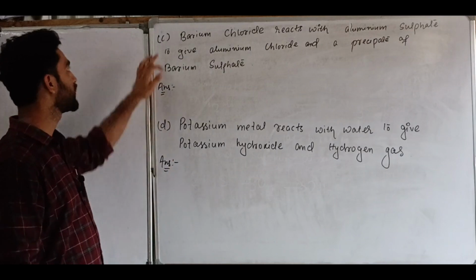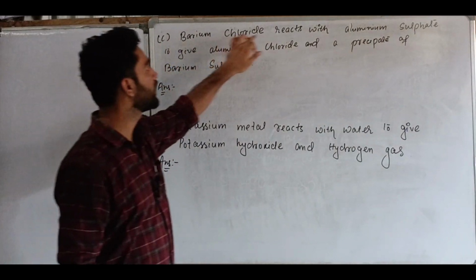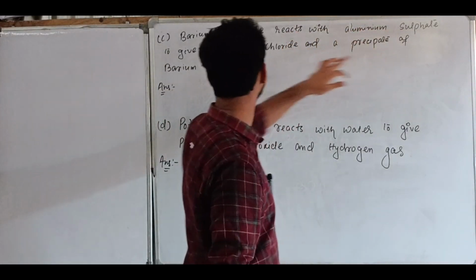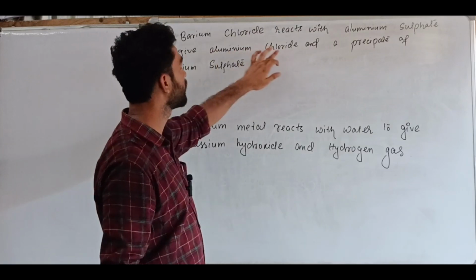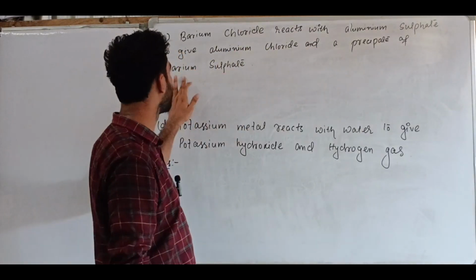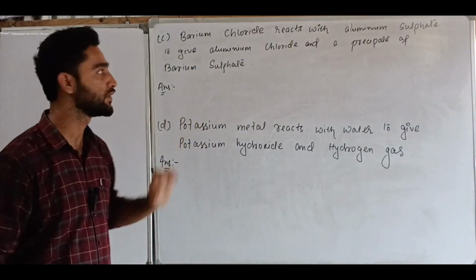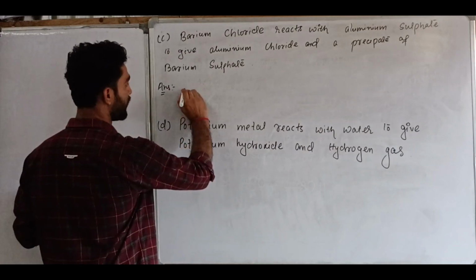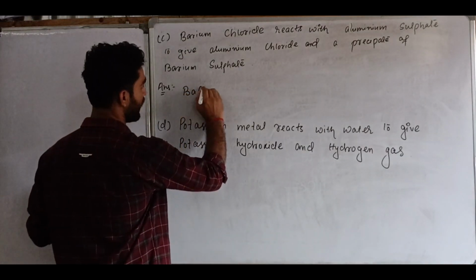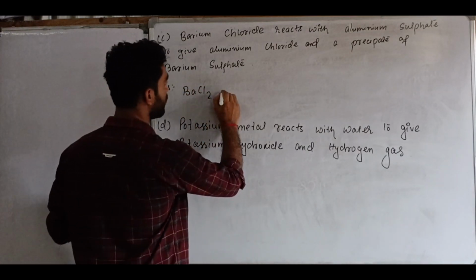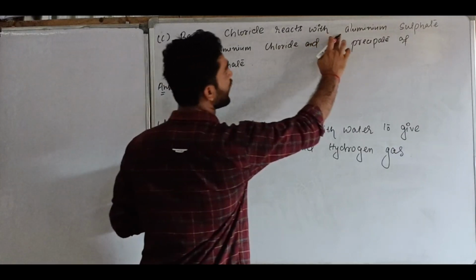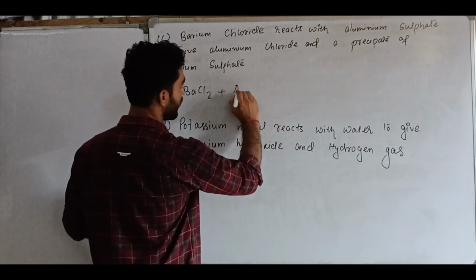Okay, now let's see question number C. Barium chloride reacts with aluminum sulfate to give aluminum chloride and a precipitate of barium sulfate. Now, barium chloride formula is BaCl2. Barium chloride reacts with aluminum sulfate. Aluminum sulfate formula is